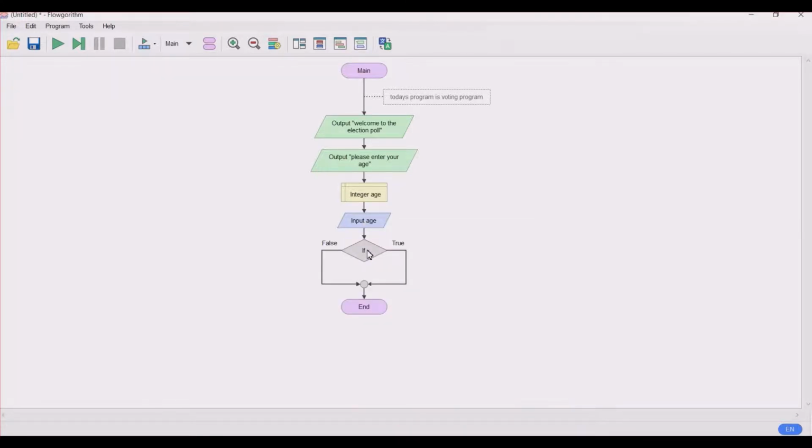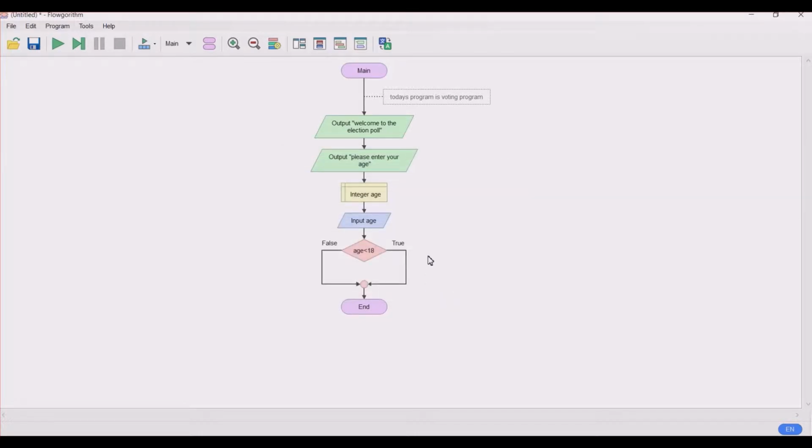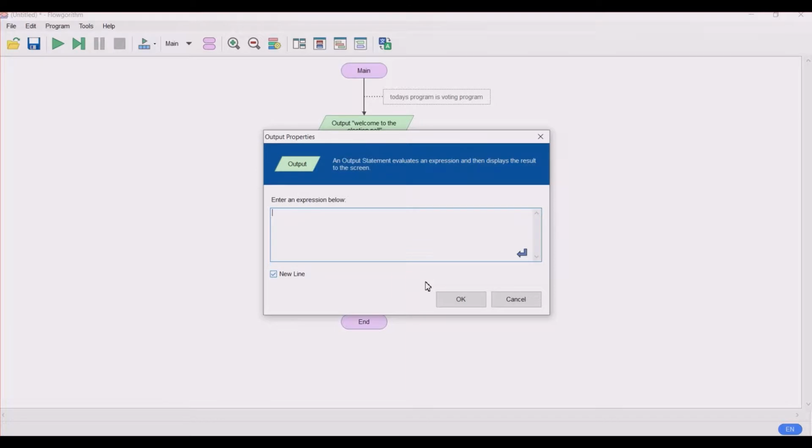So if control, let's double click on it. Since here in my country we are only eligible to vote above the age of 18 years, let's take the condition age is less than 18. If it's less than 18 years, let's output the statement as